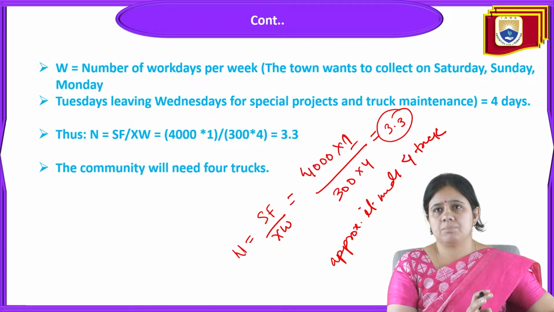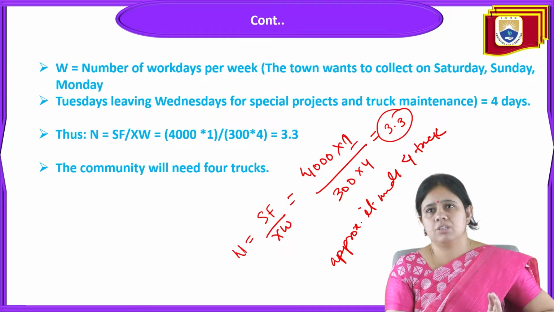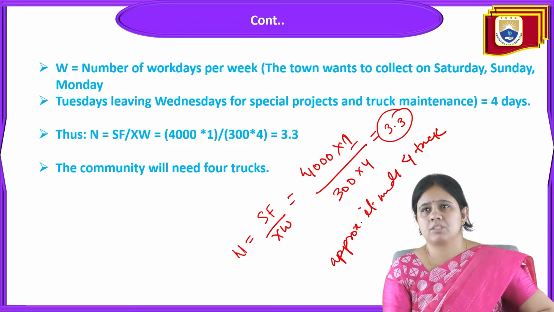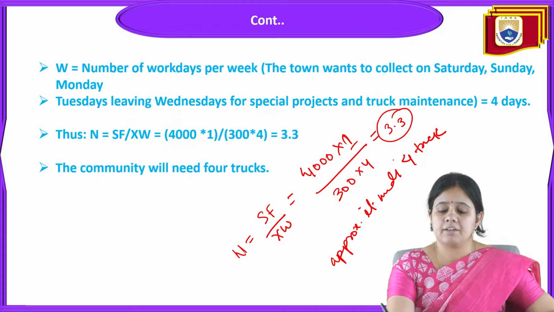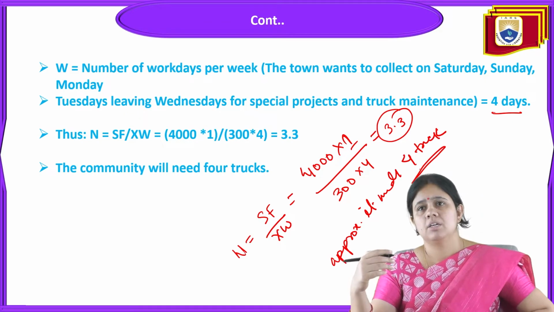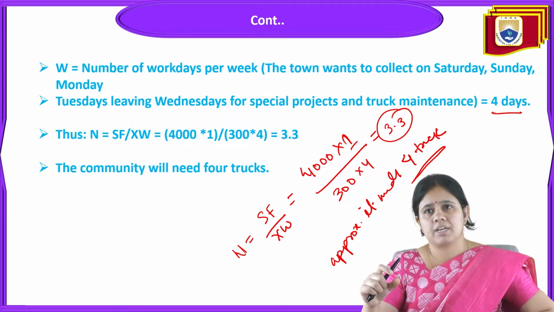Tuesday to Friday is left for special projects and truck maintenance, and the town wants to collect on Saturday, Sunday and Monday. So they want to collect in 3 working days, and they require 4 days for truck maintenance or other special projects. That way, 300 into 4. So in this way we can calculate that to serve 4,000 persons, 4 trucks are required for